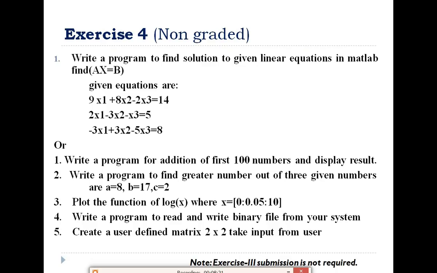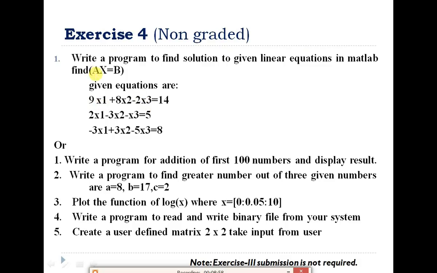So I will give a little bit of a hint about the linear equation solution. Here we have three equations, that is 9x1 plus 8x2 minus 2x3 is equal to 14, 2x1 minus 3x2, and so on. So we have three equations having three unknown quantities, that is x1, x2, x3.